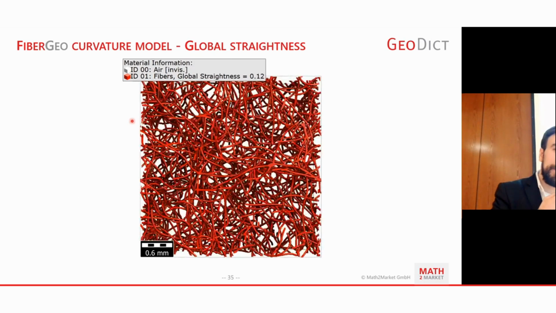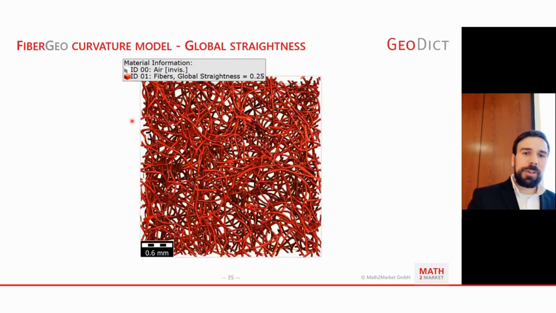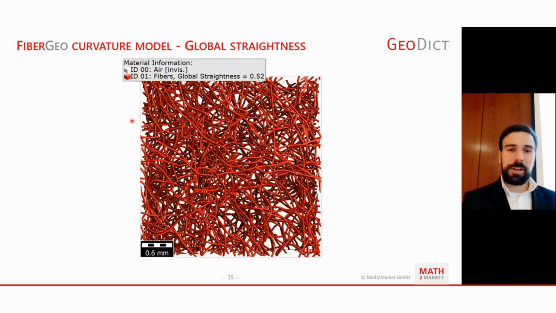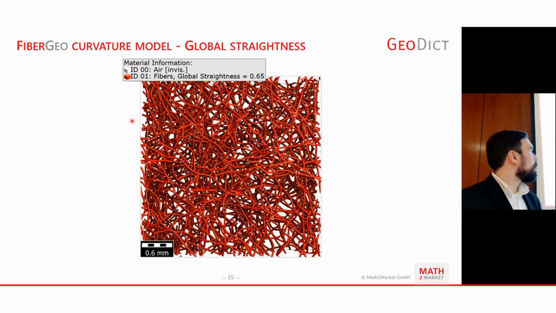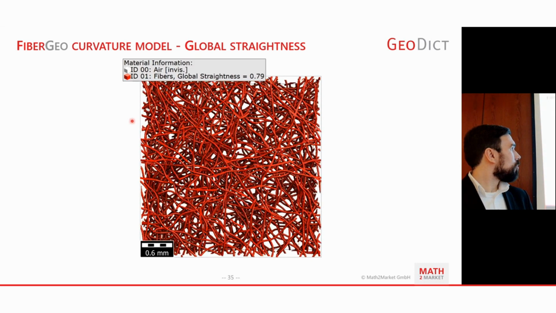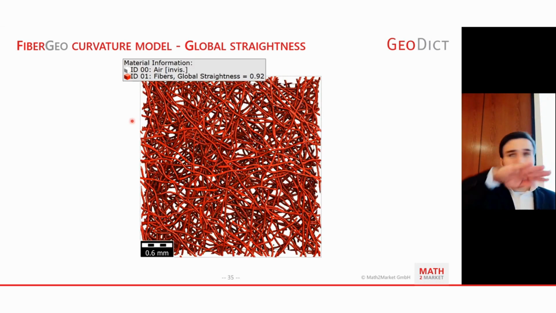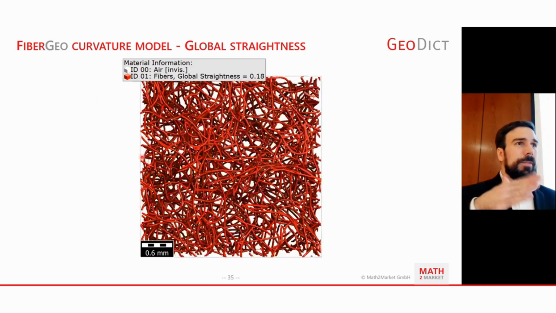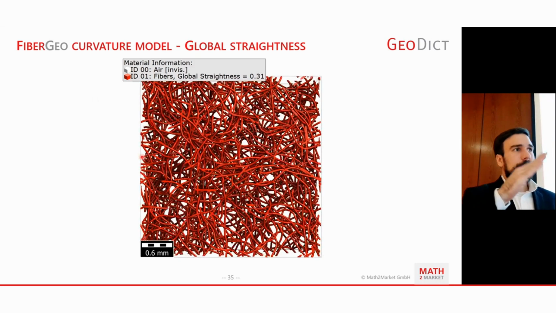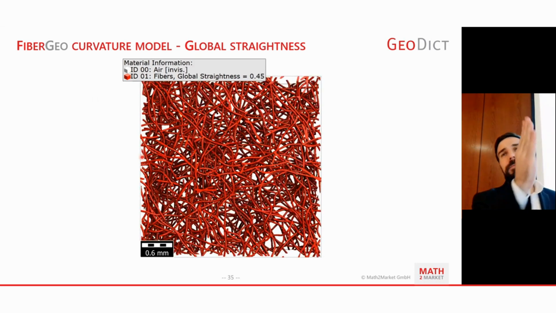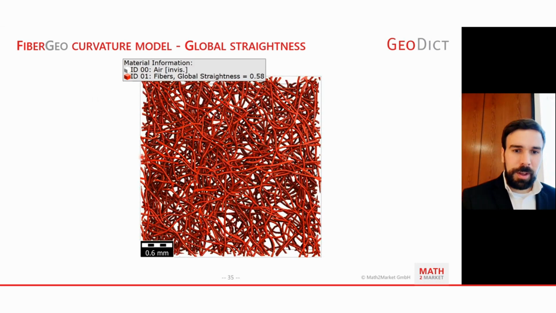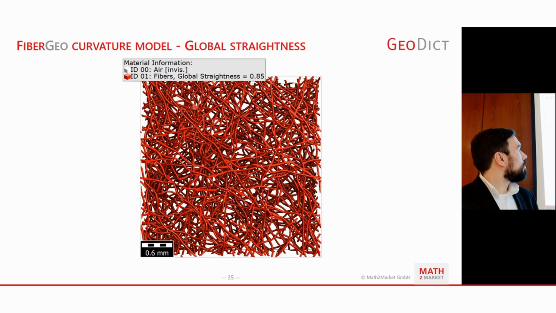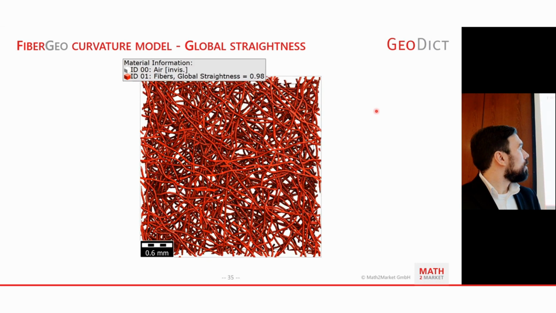Here we have animated how the fibers change if we change the global straightness parameter and keep local straightness and segment length constant. You can see how the fibers get more and more stretched, but they will still keep a bit of this sine-like shape in the end, because the randomness is always going a bit away from the global orientation, and in the next step, it wants to be pulled back towards the global orientation. So that's why you don't end up with perfectly straight fibers here. Also, you can see there isn't a lot happening in the higher parameters.